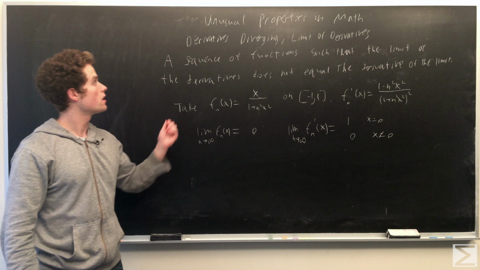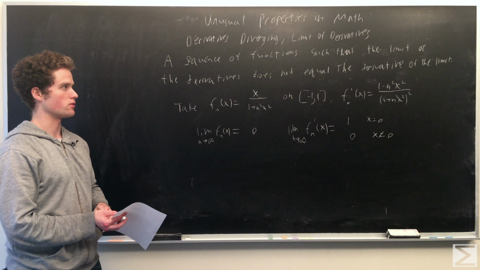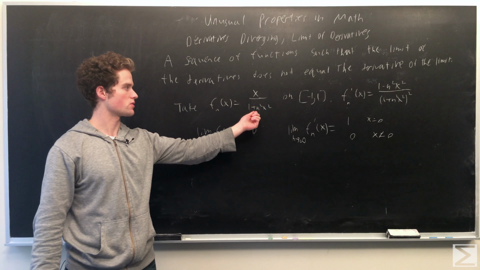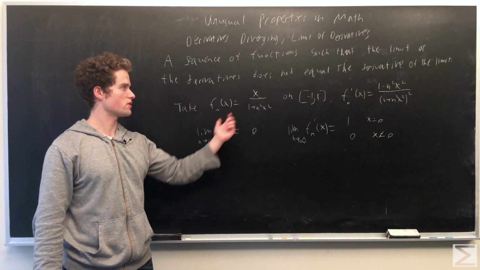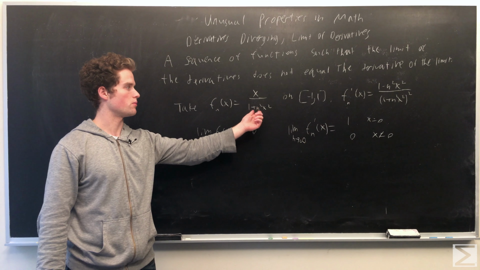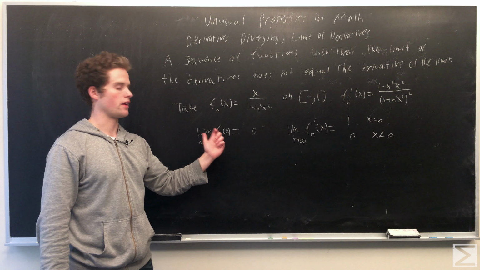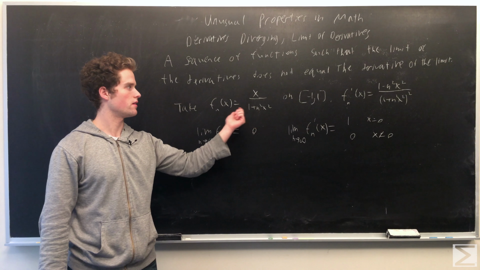So, an example of a sequence of functions such that the limit of the derivatives does not equal the derivative of the limit. We're going to take f_n(x) equals x over 1 plus n squared x squared. As n goes to infinity, if x equals 0, then it's 0. If x does not equal 0, it's 1 plus something that goes to infinity over some constant x. That also approaches 0. So f_n(x) as n goes to infinity equals 0 for all x